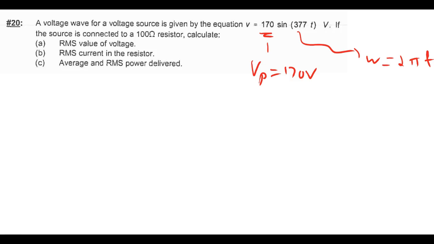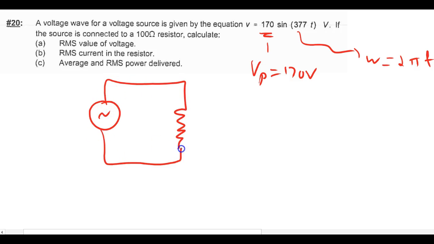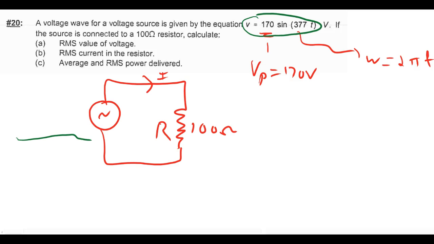And so let us think about the fact that that source is connected to a resistor, and the resistor has a value of 100 ohms. So we can draw this circuit. Now, with respect to our description of the source here, we can say that this voltage equation applies. However, for part A of the question, we are asked for V RMS, and it is equal to the peak